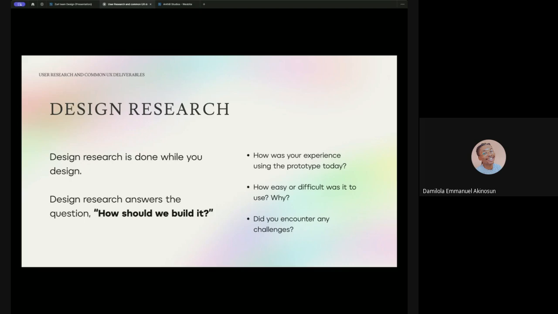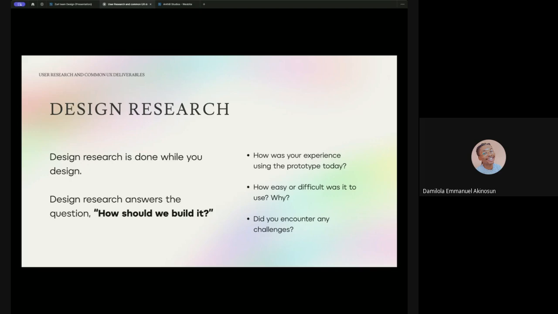Because if you're just designing and you're going with the flow, at the end of the day you might risk designing out of point, and that's something that is possible. A lot of people have designed out of point at the end of the products that don't work. So you don't want that. You want to ensure that even during your design phase you're still doing research, so that each time you create